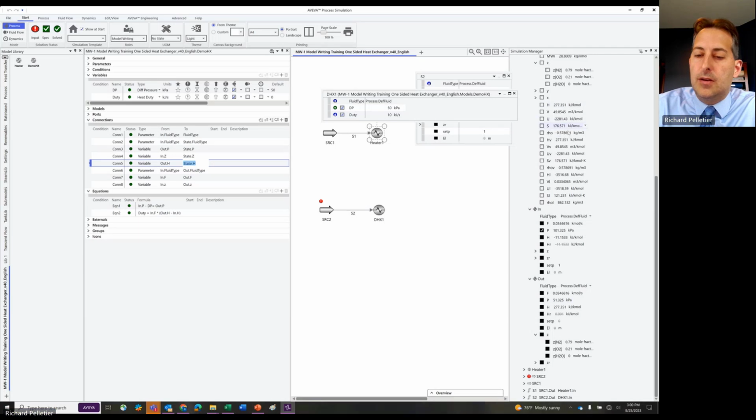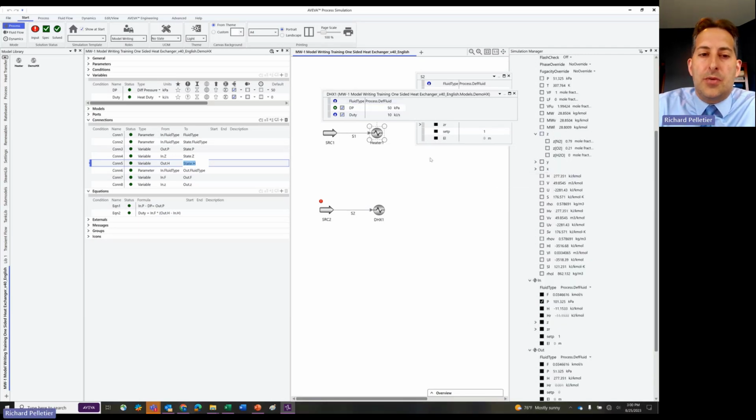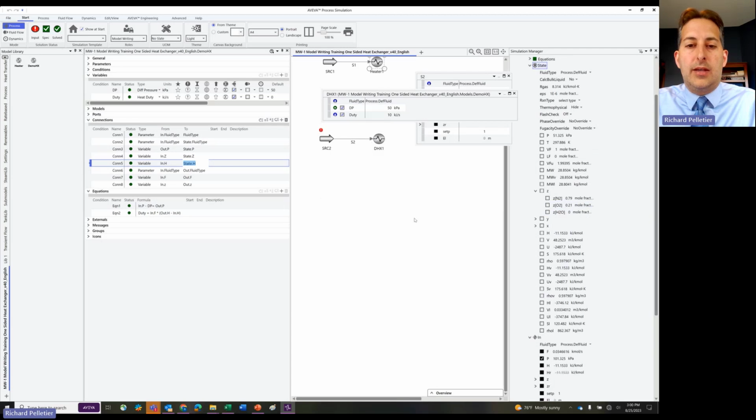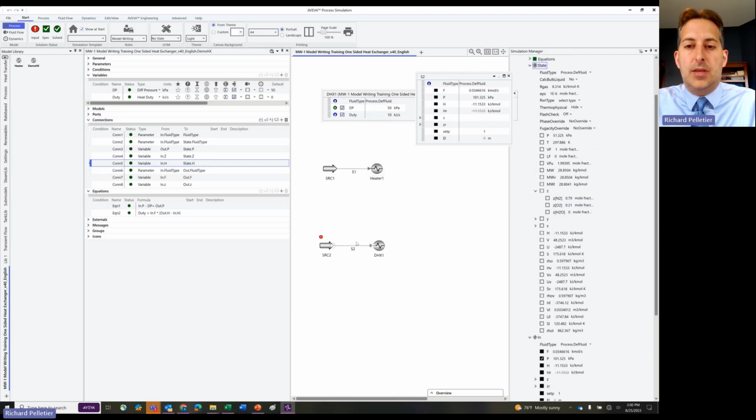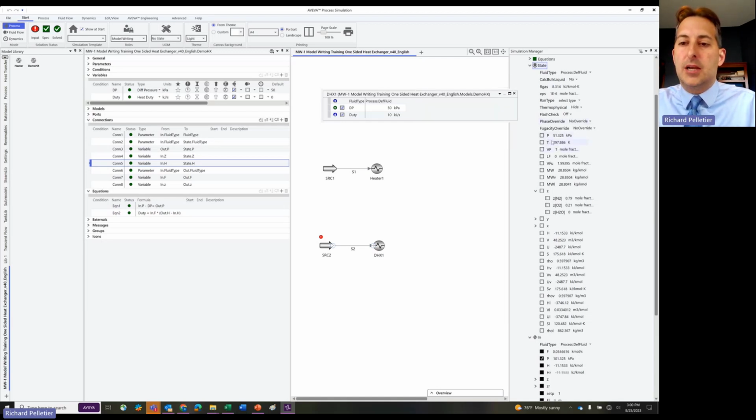submodel, right? The other thing that we might want to do, and actually I'm going to go back because this is another way that you could tell that something is wrong. All right, I'm going to go back to the way it was defined before. We're going to do one more thing here. When you look at the stream port type, right, there's no temperature, right? Temperature is typically calculated in the state submodel using the enthalpy value that's calculated, right? And so for me to get the temperature, I would have to refer to my state submodel to see what